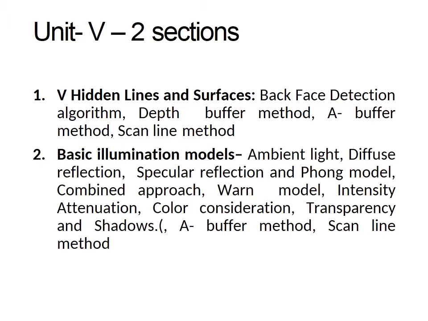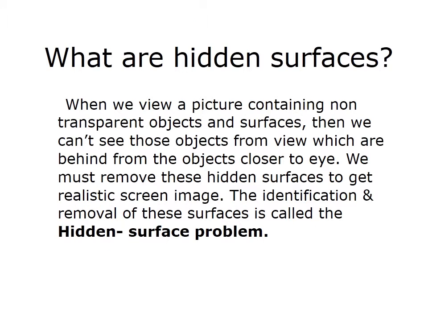In the second part we have basic illumination models: ambient light, diffuse reflection, specular reflection, Phong model, combined approach, intensity attenuation, color consideration, transparency and shadows. A buffer method and scanline method are also topics in Unit 5. We will cover them one by one, but before that, note there are two sections in Unit 5. So first and foremost we read